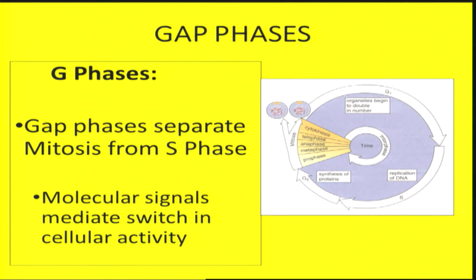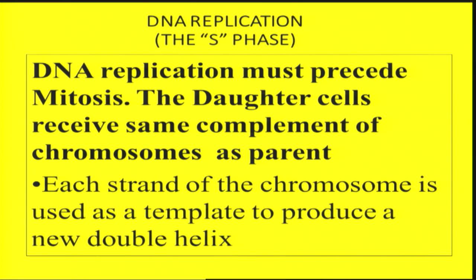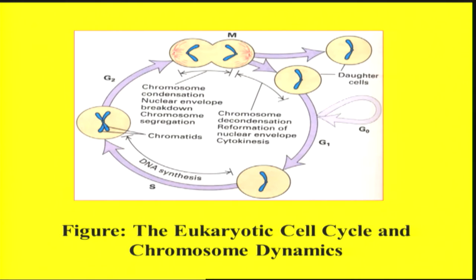Now, these gap phases separate the mitotic phase from the S phase. As far as S phase is concerned, the daughter cells would receive the same complement of chromosomes as the parent, and each strand of the chromosome would be used as a template to produce a new double helix of the DNA. In this particular diagram, we can see